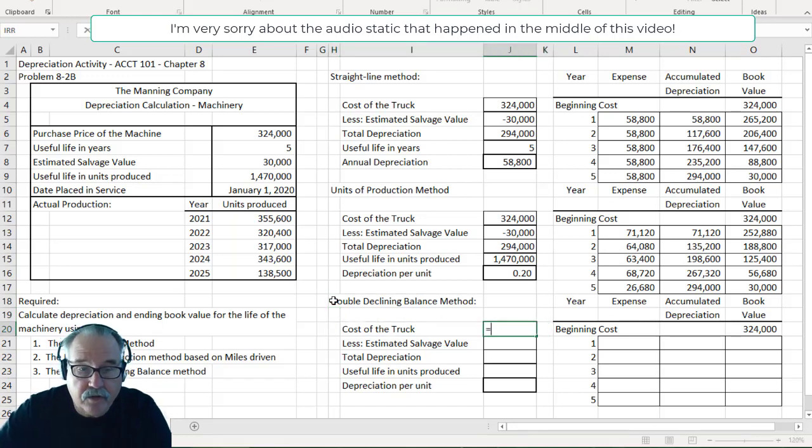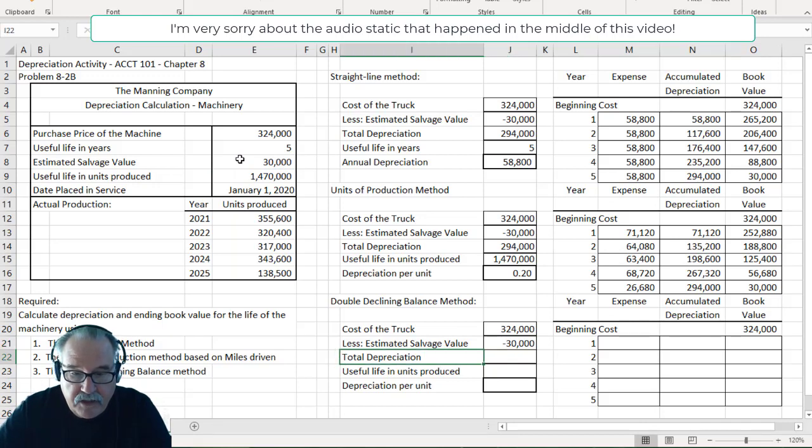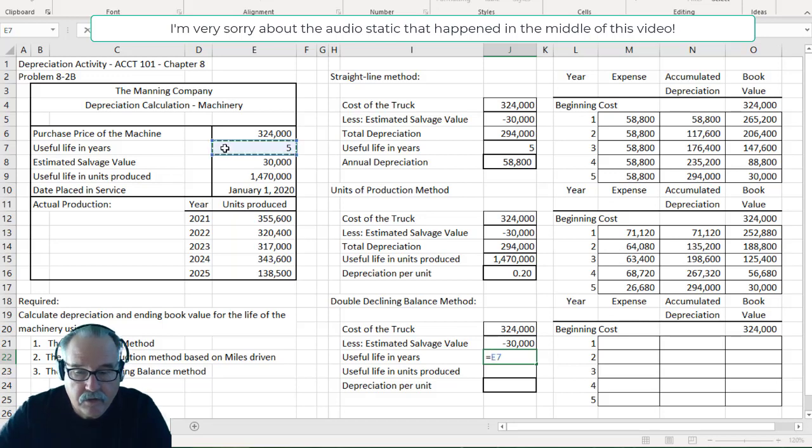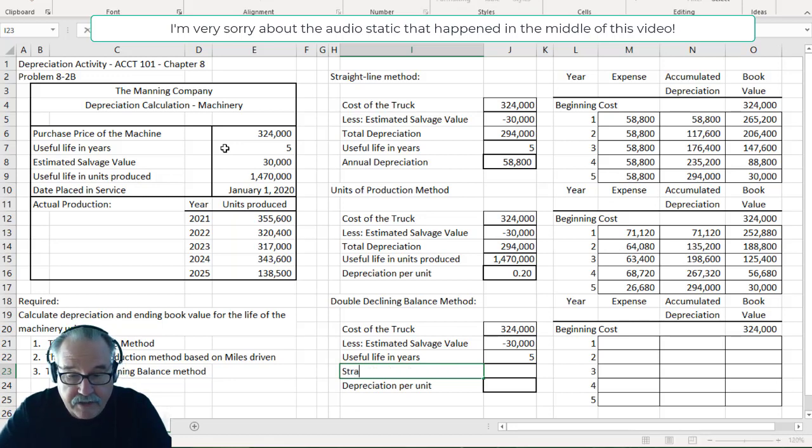The cost of the truck is still $324. Estimated salvage value is still $30,000. But now, the useful life in years is 5. Which means that our straight line depreciation rate is